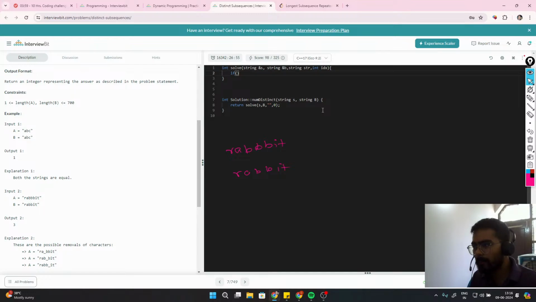Now first of all I need to check if my str is equal to B, I'll return 1. If my str dot size is more than,